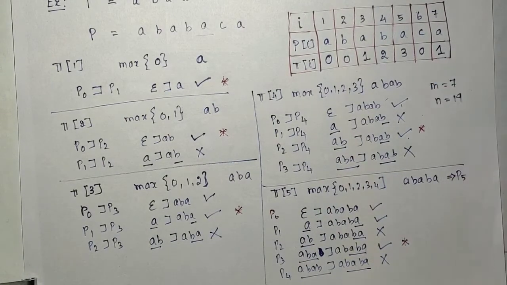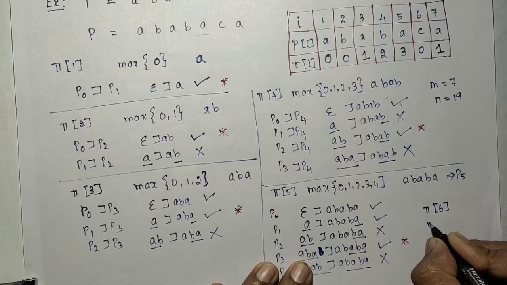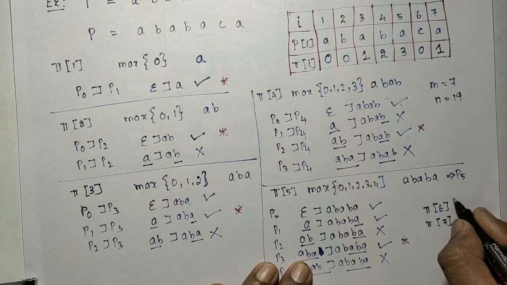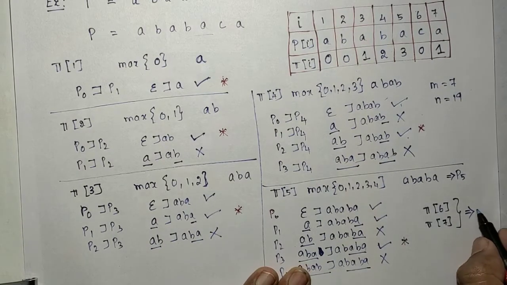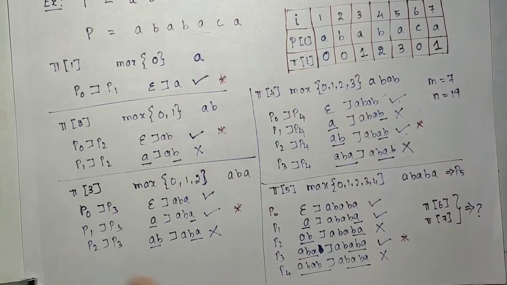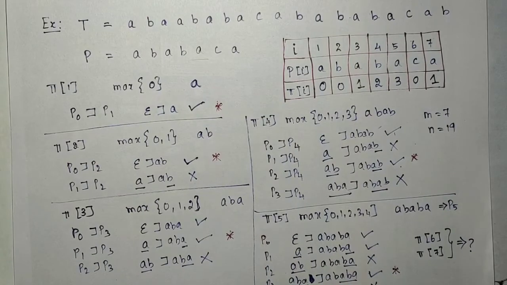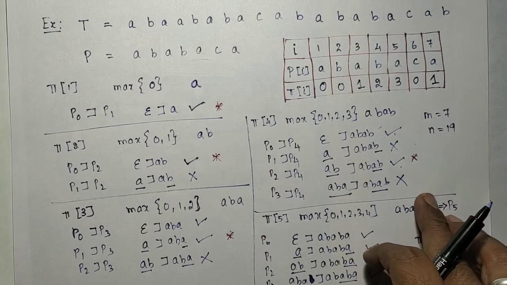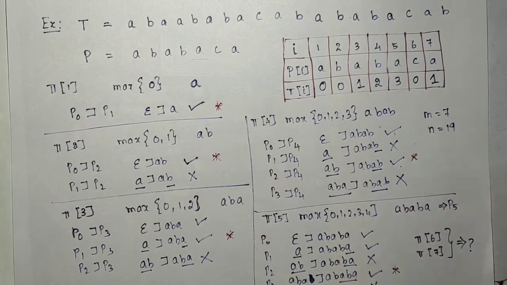That is pi of 1. Okay, so you need to trace. Similarly, you find pi of 6 and pi of 7. If you find them, they will be 1, 0 and 1, as we have written. So we have computed the prefix function. When you trace it this way, it looks simple, and the algorithm looks difficult. It is an O of m algorithm.